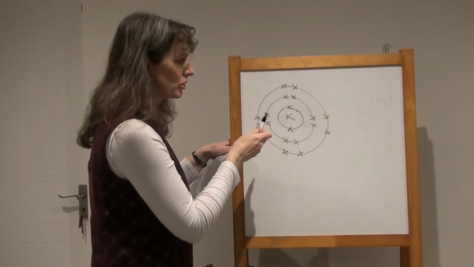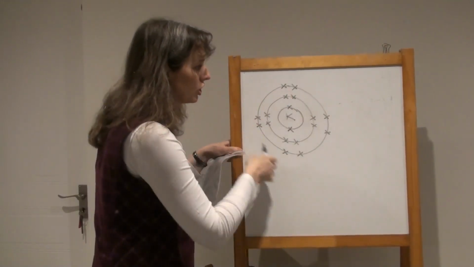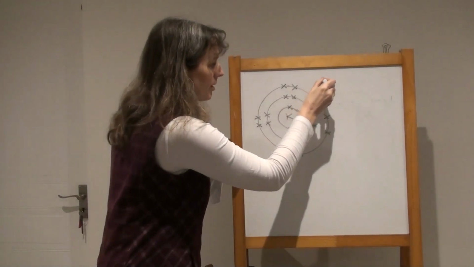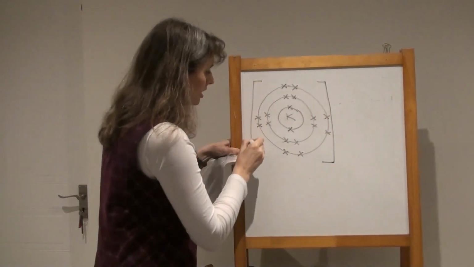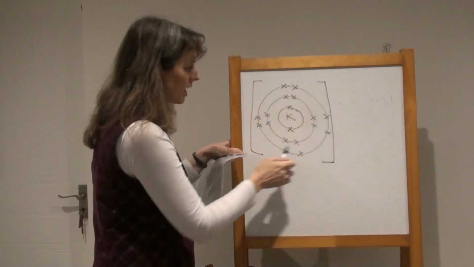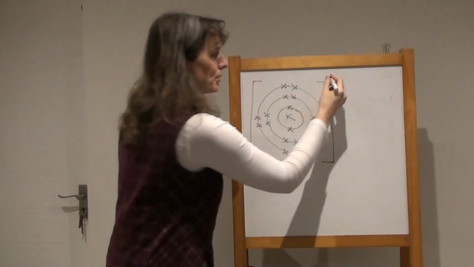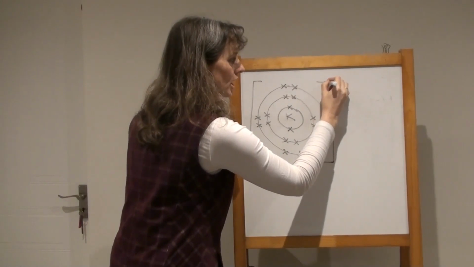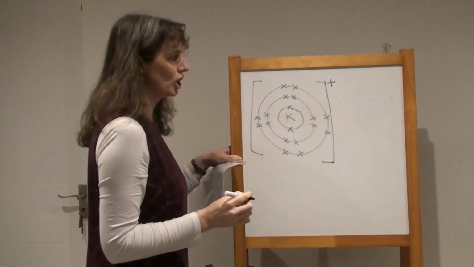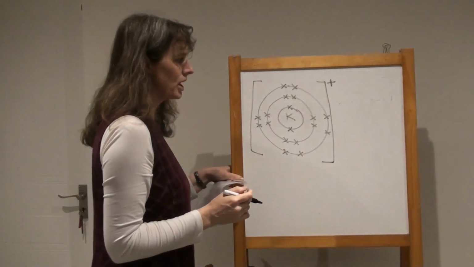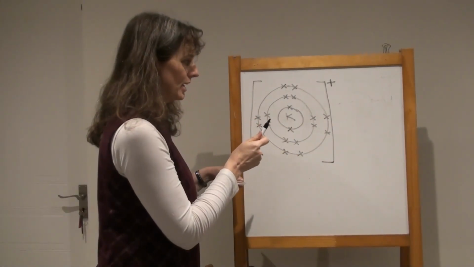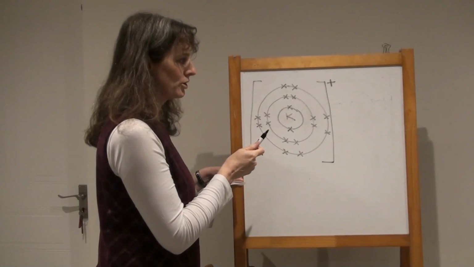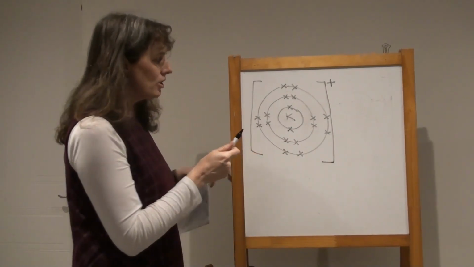So what the examiner wants to see is the ions. Having lost that outer shell electron, remember we need to show that it's not going to look like the noble gas with that electron structure because it is charged, and it's going to be a single positive charge. We don't need to show the one, but just plus, and that's because it's lost one electron and it ends up with one more proton than it has electrons. The chlorine,